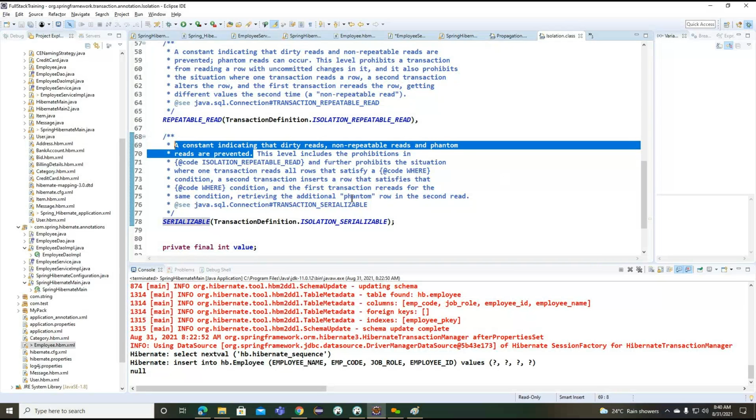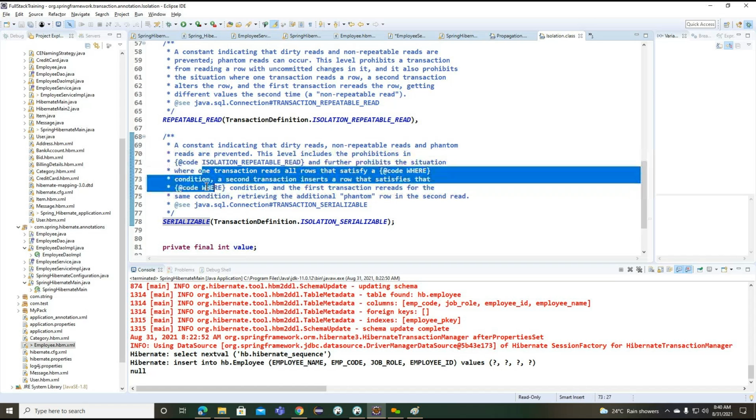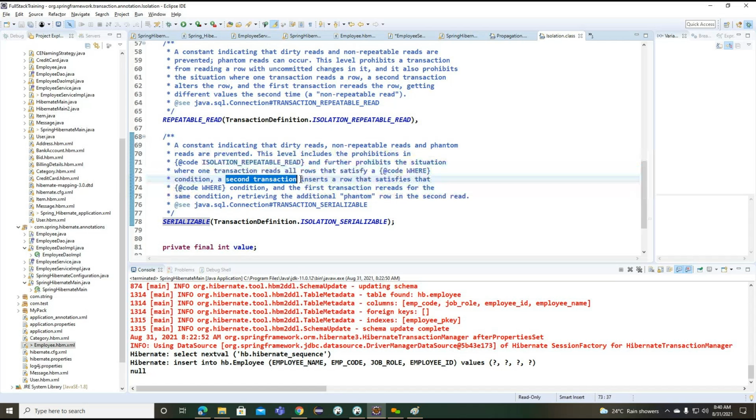As I explained, if you see this particular isolation, one transaction reads all the rows that satisfy the condition. Getting the point? And the second transaction inserts a row that satisfies the condition.